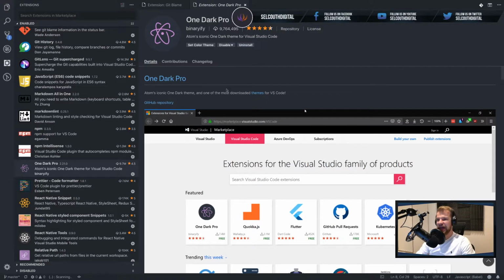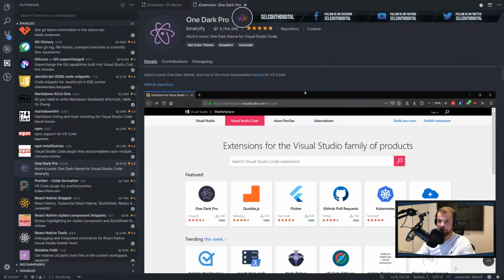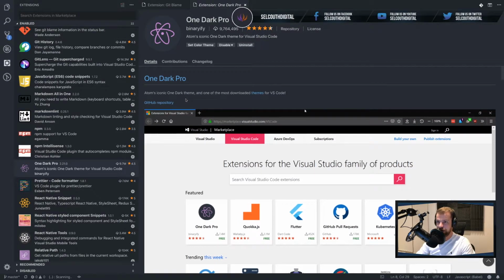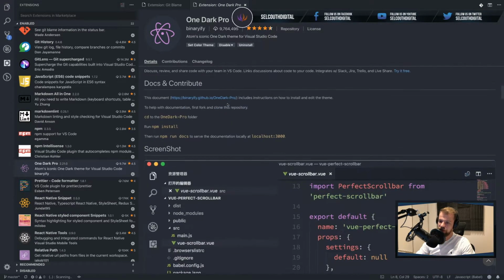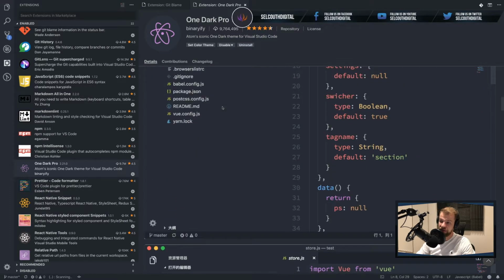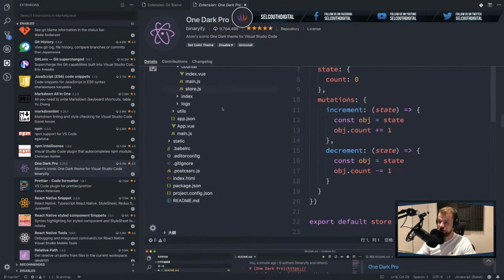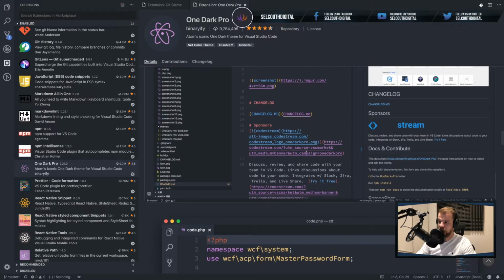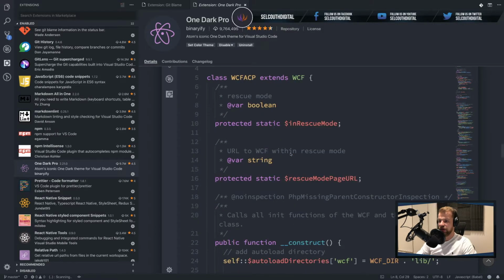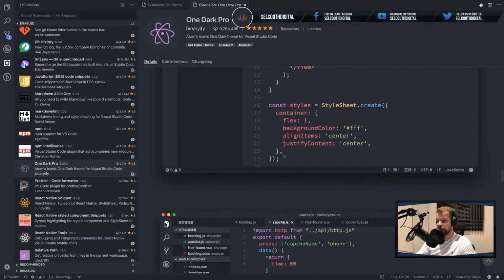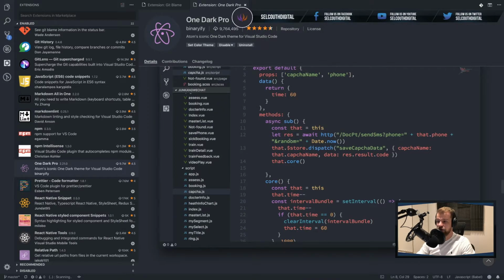OneDark Pro extension, it's actually just a theme. So the theme that I've been using, the one you can see, is called OneDark Pro. There are a few different variants of this theme, but I actually used it in Atom previously, another text editor that I used to use, and I quite liked it. I got used to it. I love the colors. I love the syntax color that it comes with, and I got used to it so much that it's actually almost a